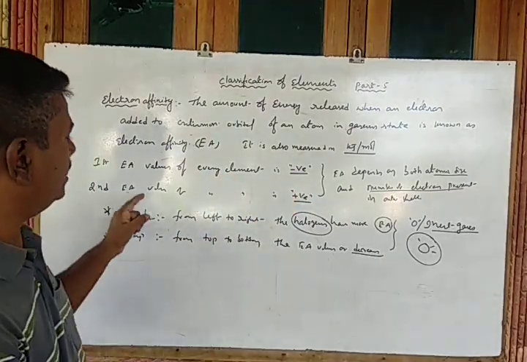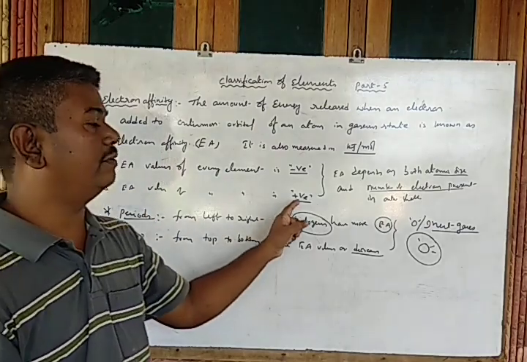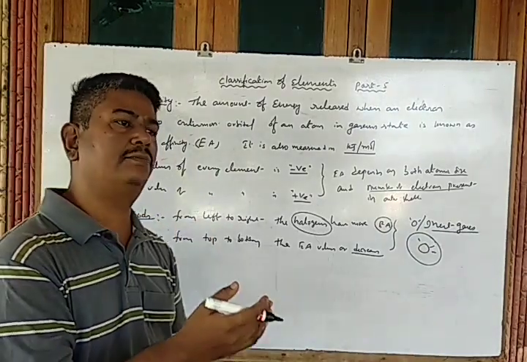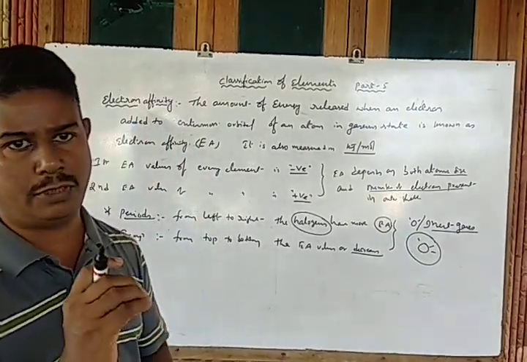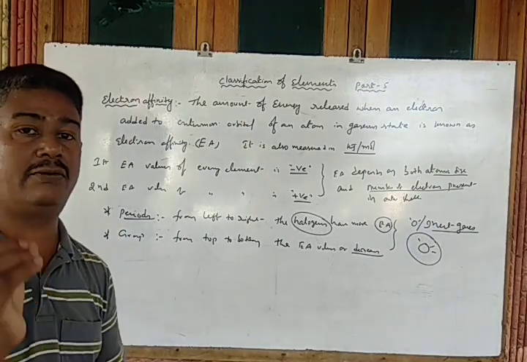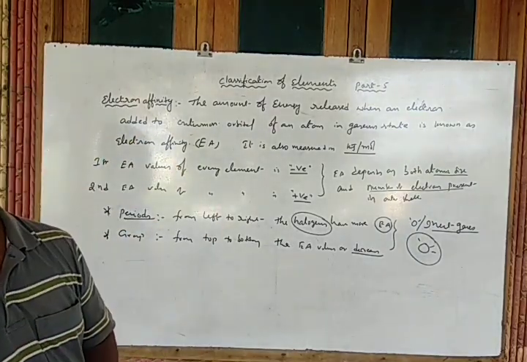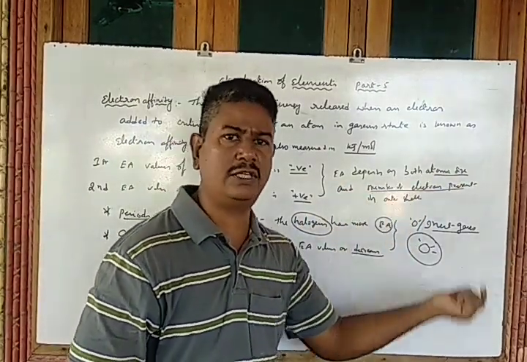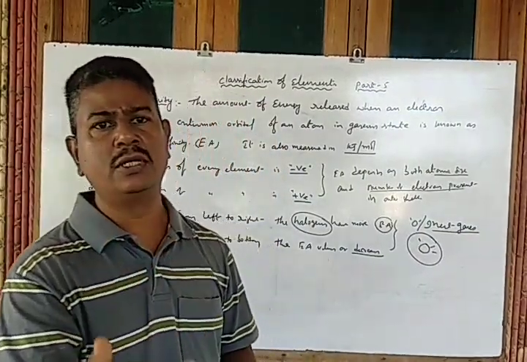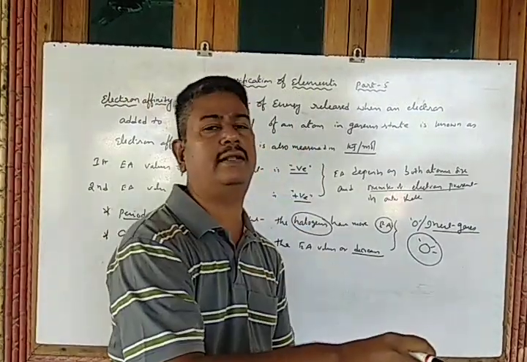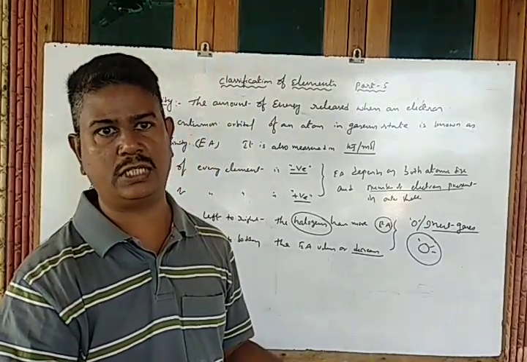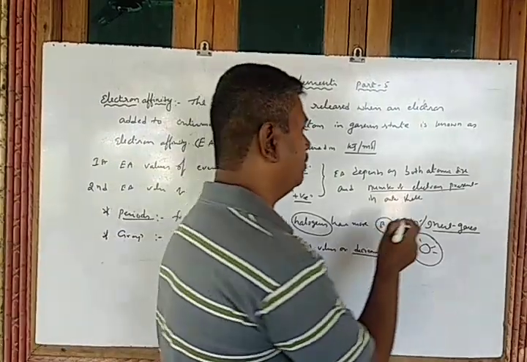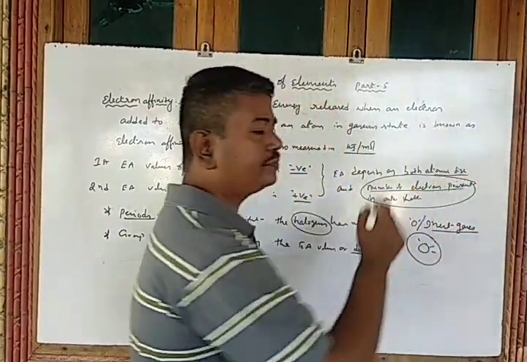Whereas in the case of the second electron affinity, the value will be positive. Not only for a single atom, for every atom the second electron affinity value is positive only. That means we give some amount of energy to bind the electron. This depends on both atomic size as well as the number of electrons. When the number of electrons increases, the repulsive force is generated more. So if you try to enter an electron, it will be repelled. That's why it is more difficult to add an electron to the outermost orbital. Clear? So the number of electrons present in the outermost orbital also affects it.